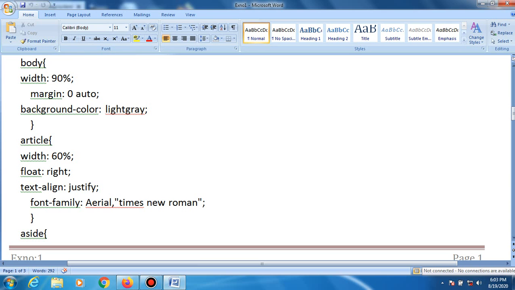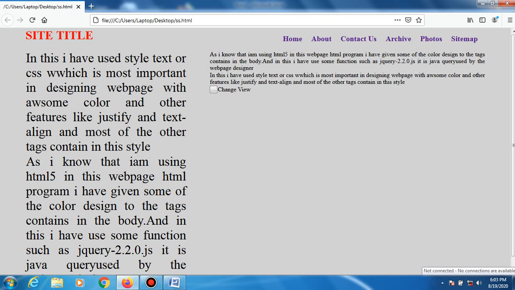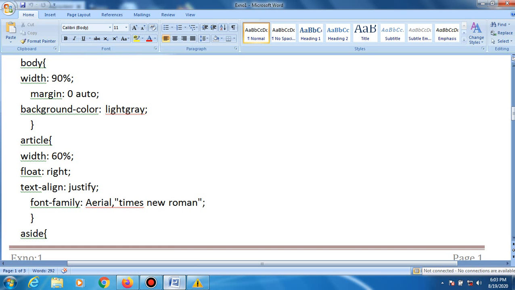So margin is 0, background color is light gray, which are all represented in the output. You can see this background color, and the text is represented as 90% of the space, and only 10% of this space is unused, but the rest of the space is used, right?